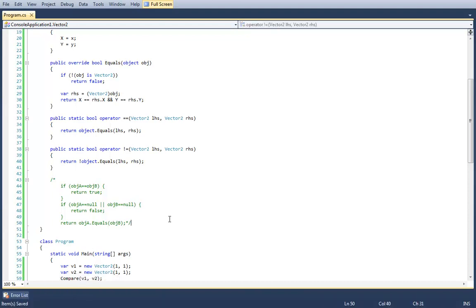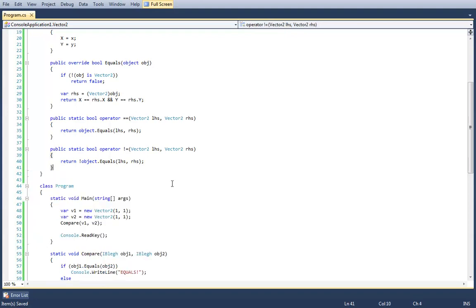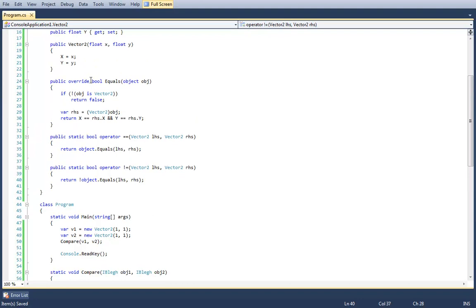Because with all the different methods called equals, it's one of those this-that situations again. So basically, at the end of the day, these two equals method invocations are going to delegate to our equals method, given that both LHS and RHS are not null, and they're not the same reference. Because if they're the same reference, it just returns true, obviously. Then this equals method ensures that the right-hand side is a Vector2. If it isn't, it returns false. Then it finally does the true equals comparison right there.